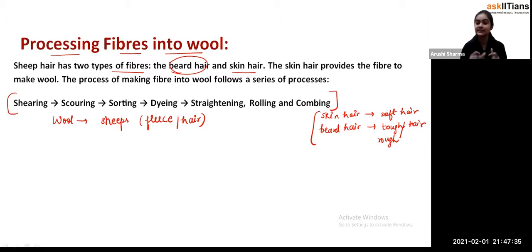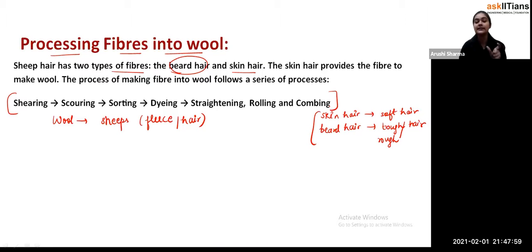One is the skin hair, the hair just present near the skin layer, and it is somewhat soft in nature. Whereas the beard hair is the upper part, the tough or rough kind of hair. That's how we have found that there are two types of hair.